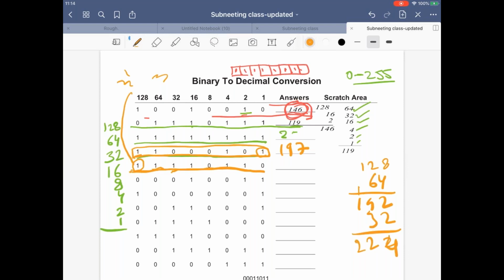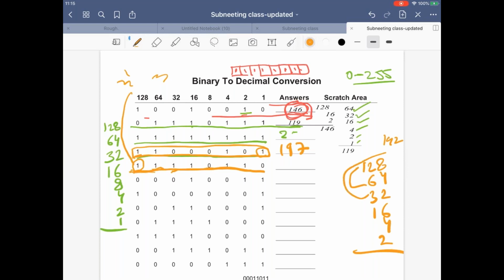224, and then plus 6, plus 1. See, 1 minute. For this line: 128, then 64, then 32, then 16, after that 4, after that 2. This is 192 plus 32,